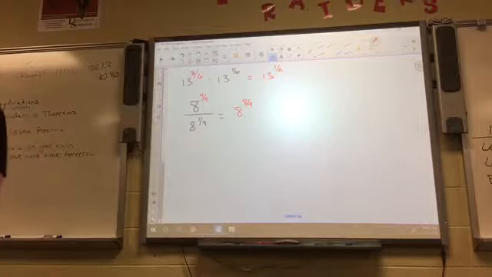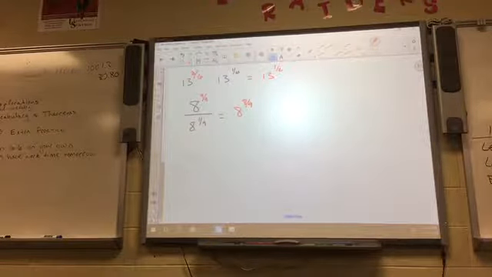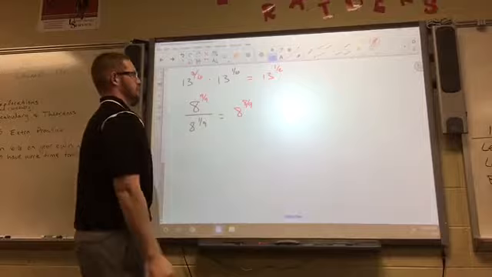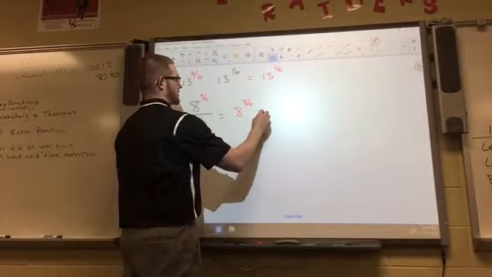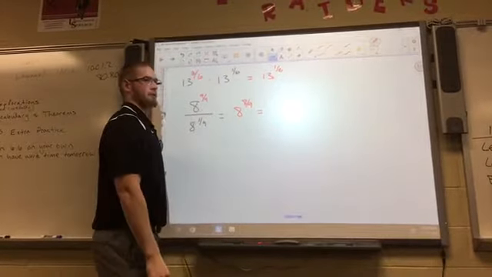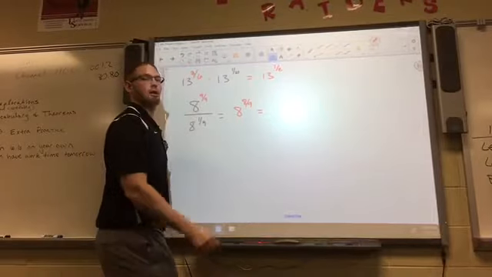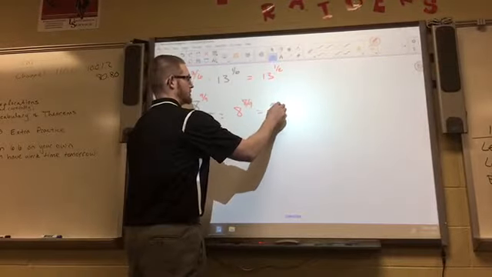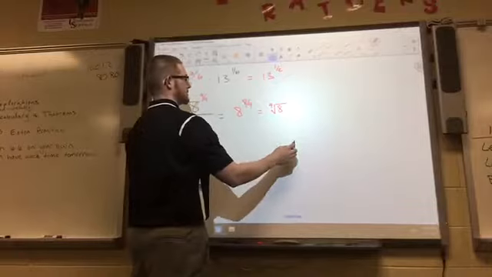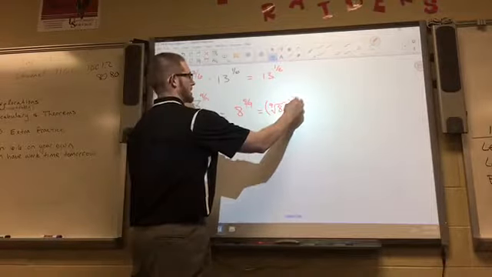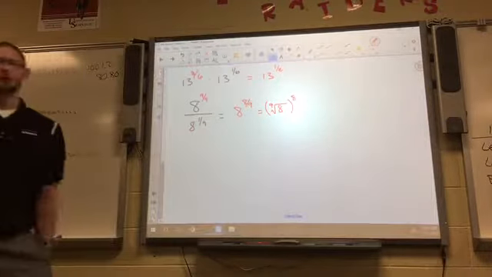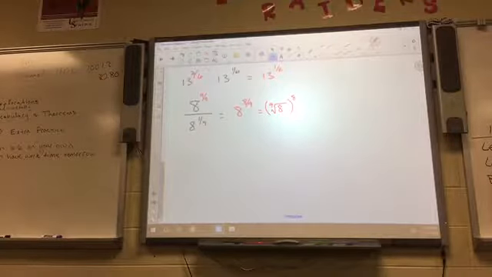If I asked you to write that as a radical instead of a rational exponent, what would your radical be? It'd be the 9th root of 8 to the 8th power. Good. Okay, you're going to have to be able to transform it back and forth between those things, especially here in a little bit. Okay, and then the last example of these that I want to do, I have 56 to the 1/4